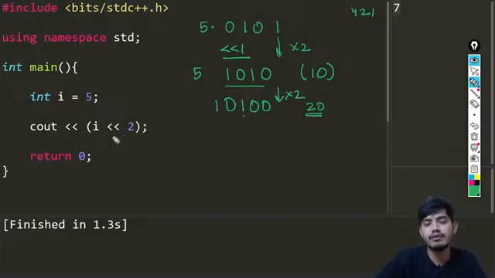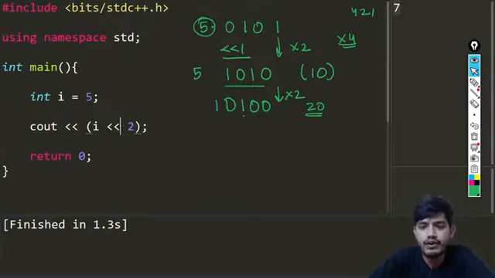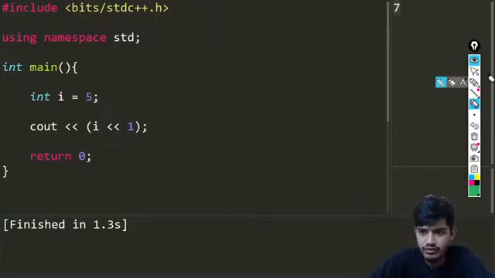So basically if you are doing the left shift operator by 2, you are multiplying by 4 the value which you will be getting here. If we do simply by 1, let us see what is the value if we left shift by 1. Can you guess what will be the output when we run this code? What is the value which we are going to be expecting when we are trying to run this code?